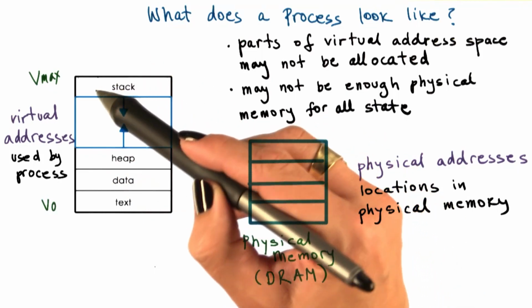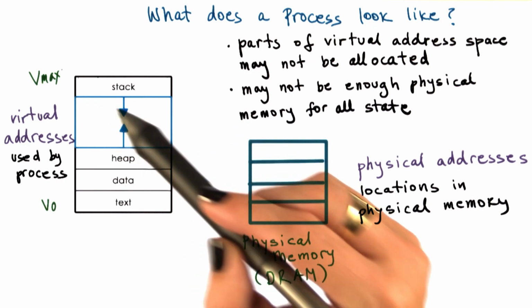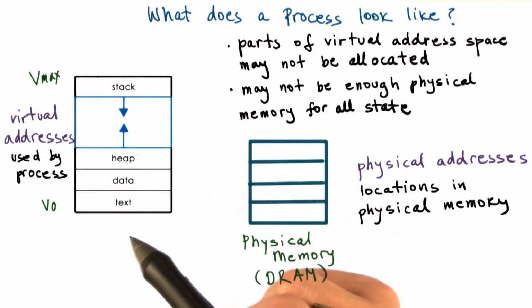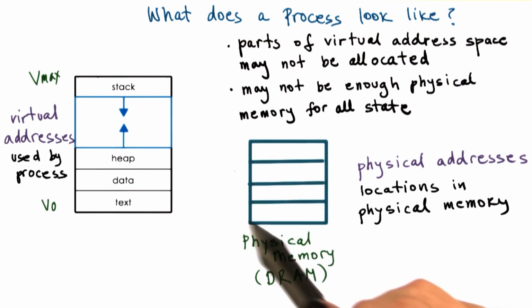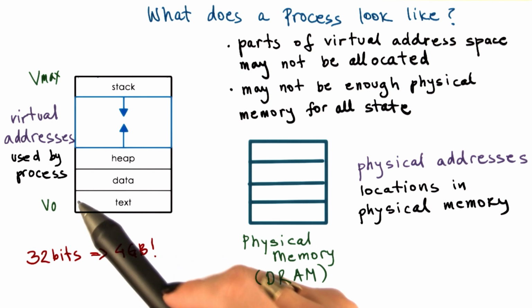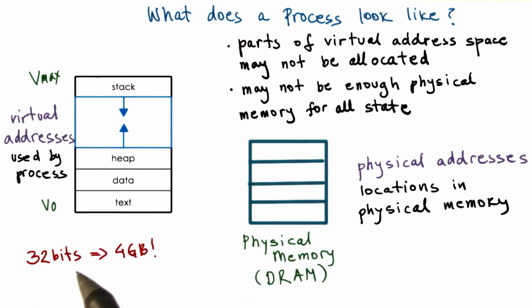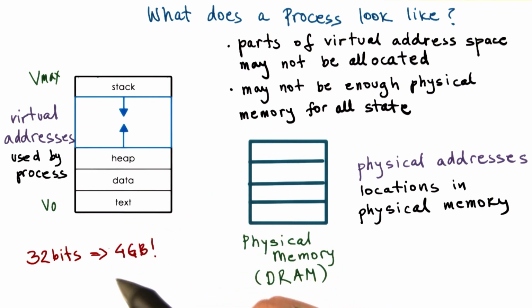We said already, not all processes require the entire address space from V0 to Vmax. There may be portions of this address space that are not allocated. Also, we may simply not have enough physical memory to store all this state, even if we do need it. For instance, if we have virtual addresses that are 32 bits long, this address space can have up to 4